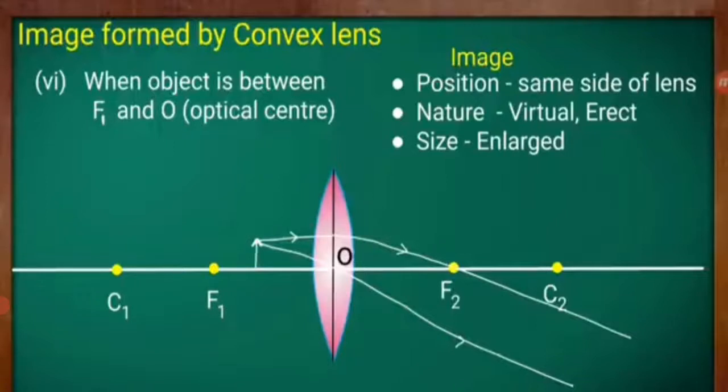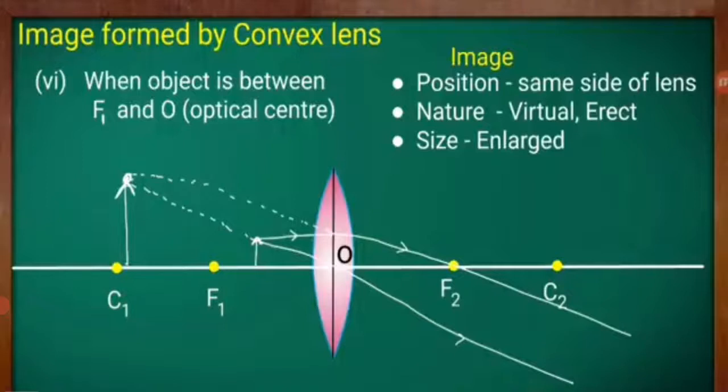So what we will do, through the imaginary lines we will make them meet. So if I extend this line so that it will come to this point, similarly if I extend the other line which is passing through the optic center, now both are meeting at a point. That point is nothing but the image formation. In this image formation we can observe that the image formed is an erect image, and the image is formed because of the imaginary lines which are drawn.